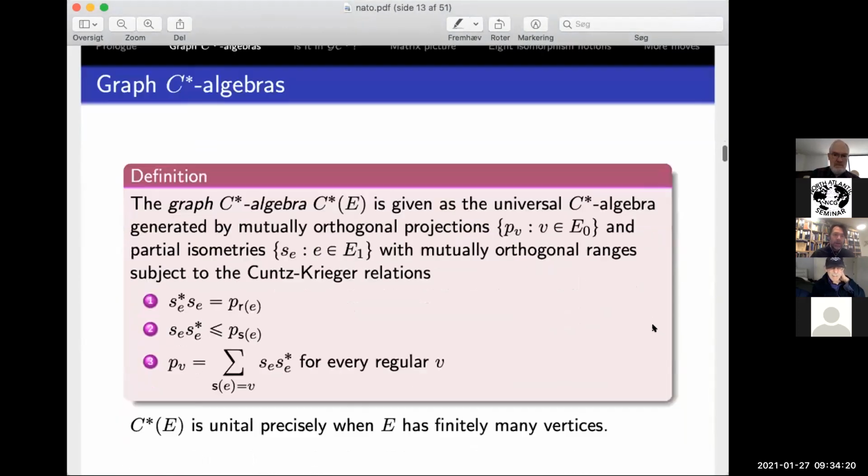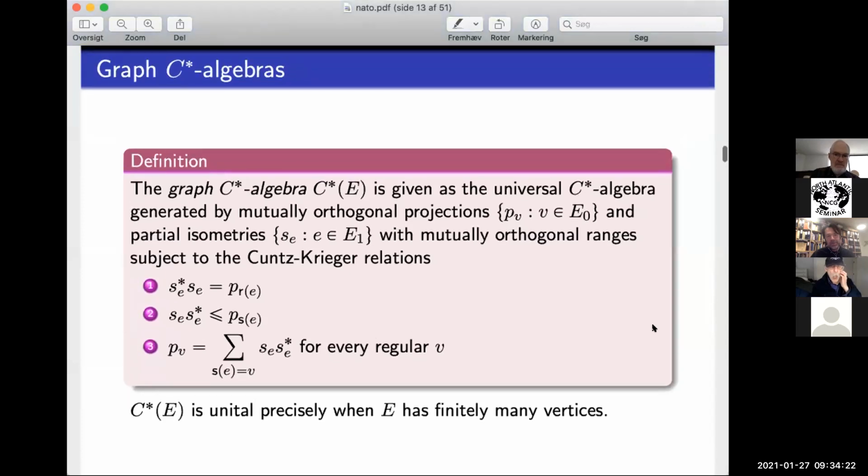Now, this is always a little bit silly when you do this in a talk. So this is the definition of a graph C-star algebra. And the thing is that if you've seen it before, then you don't want to see it again. And if you haven't seen it before, then it takes so long to absorb it that I'll be gone from that slide before you've read it. So I apologize for this, but the way that it's set up is that you take